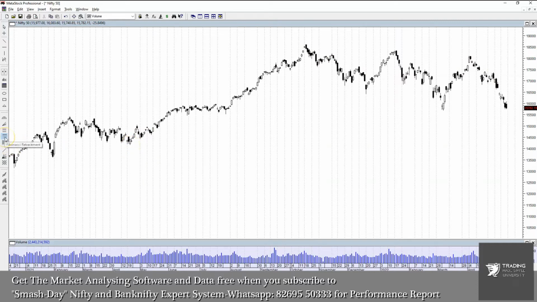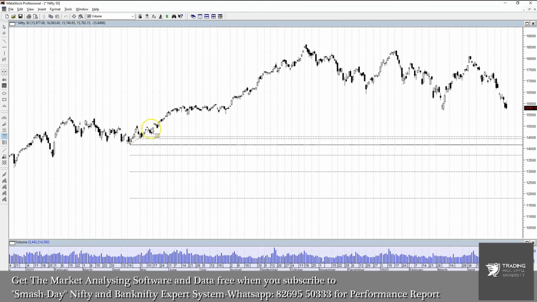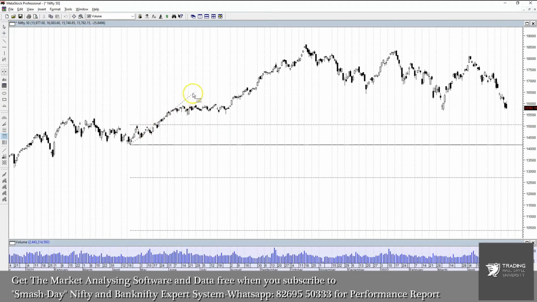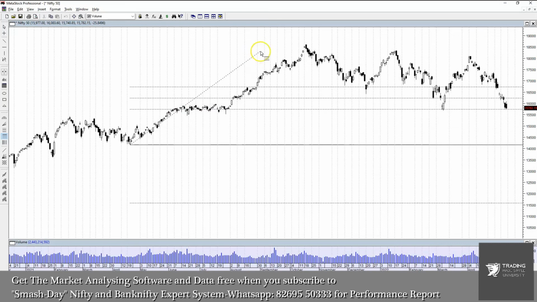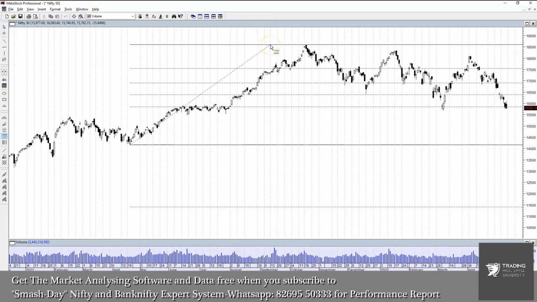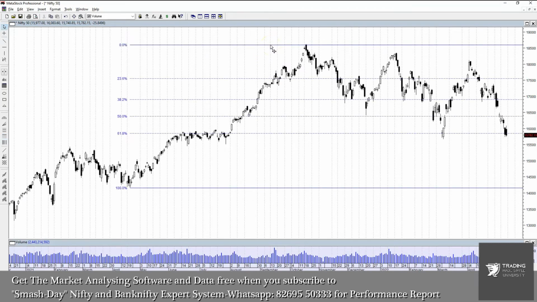After you click the Fibonacci retracement icon here, your cursor changes and it shows that you are carrying the Fibonacci retracement level indicator. You click the starting point of the movement, which is the lowermost point at the beginning of the trend, and then you drag. As you are dragging, you will see that the Fibonacci retracement levels are also expanding, and you are showing the highest level of the movement. You release it, and when you release the mouse, these Fibonacci retracement levels will be plotted on the chart,